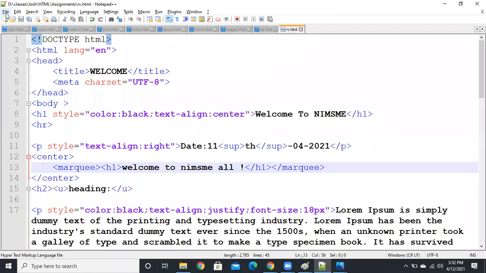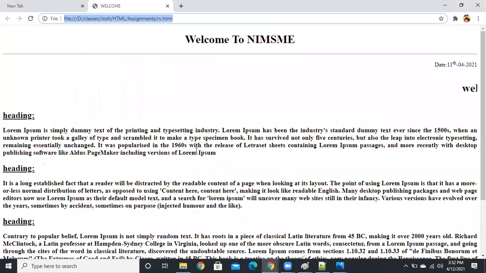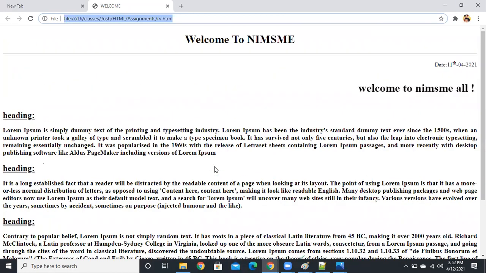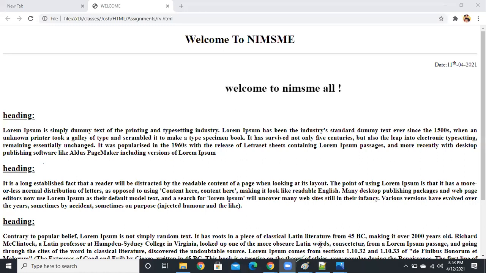Then you will get the scroll like this, in a row. And you can add colors also. Very good. You tried good. So same like this, you can practice the second assignment also. Good, good. Clear, guys?